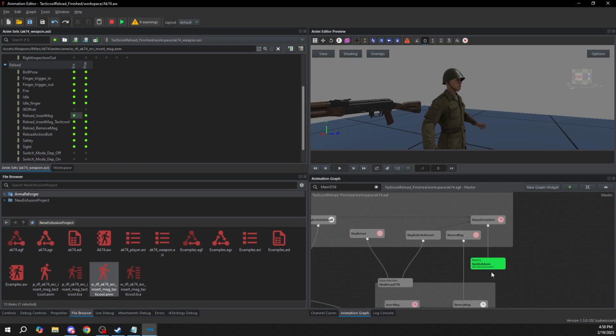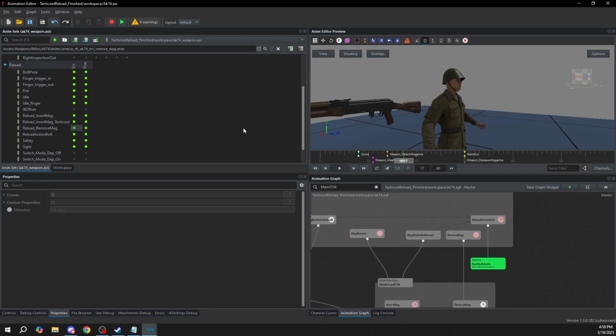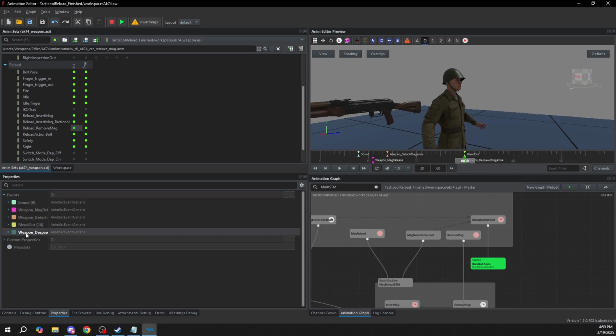So I said I would not go into the details of that, but vanilla reload animations contain a certain set of animation events that are actually required for the game to function correctly. They should be pretty self-explanatory by their name: weapon detach magazine, blend out, weapon despawn magazine. That pretty much tells you what it does, but it needs to happen for the game to play this correctly. I don't know if I will be able to do that since these animations are vanilla, but